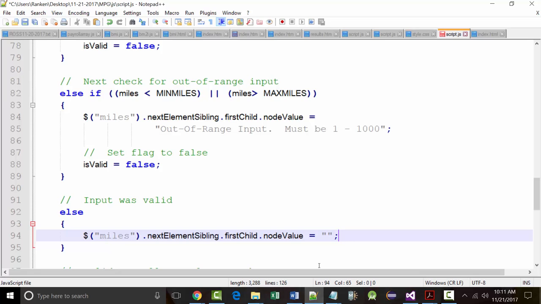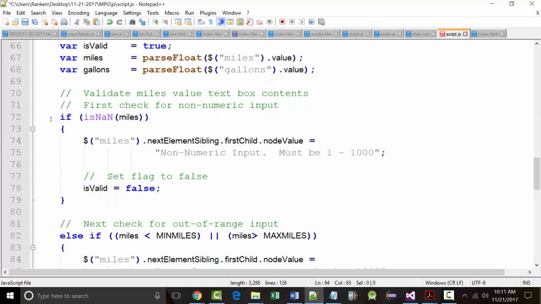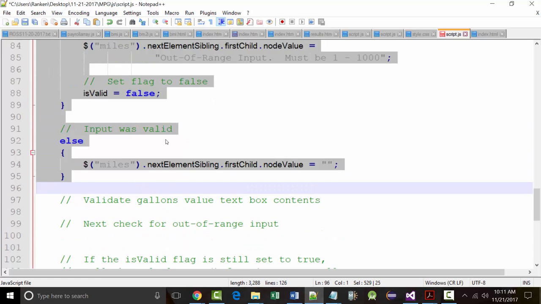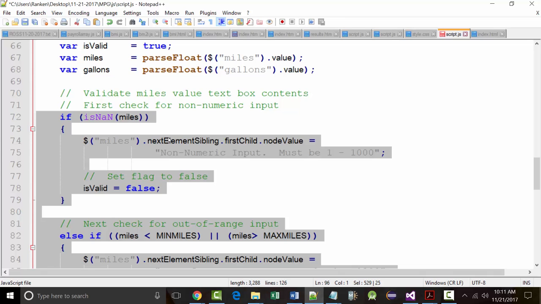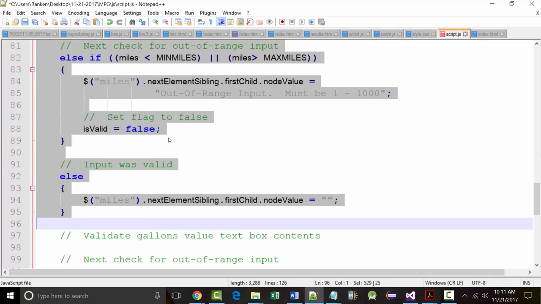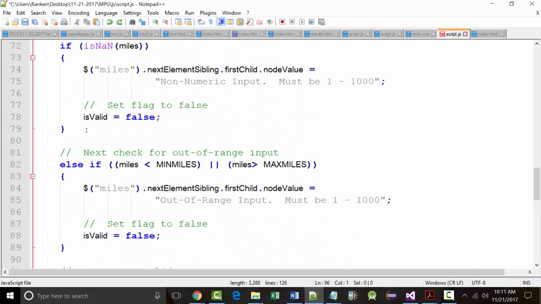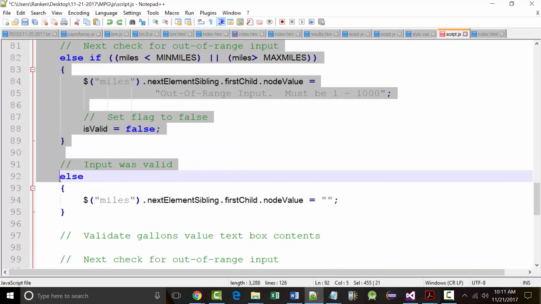Now, looking around, it's quite obvious some of you type fairly quickly. Guess what? Some of you don't. So, especially for those of you who don't, if you look up on the screen here, I would recommend doing this. Grabbing everything from your if statement, starting with miles and going all the way through the else, everything. For me it's line 72 through 95, those 20 or so lines. Copying it to the clipboard,